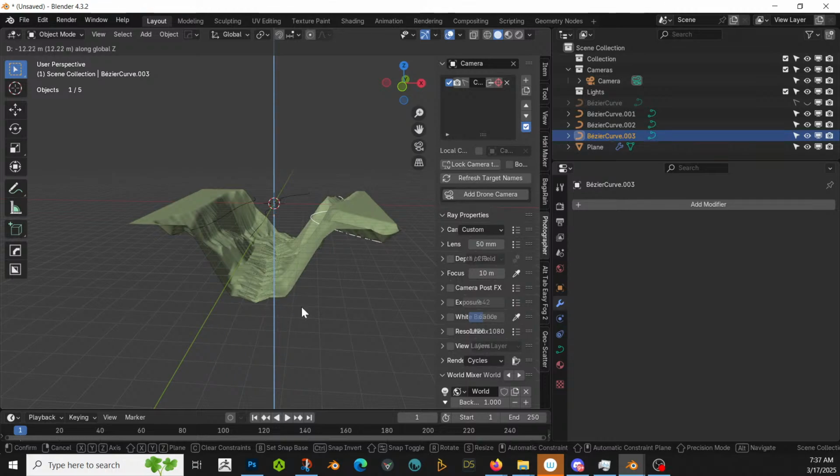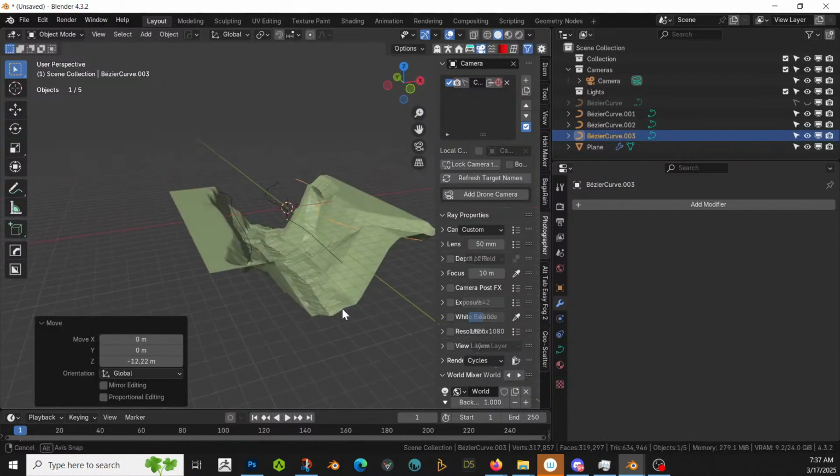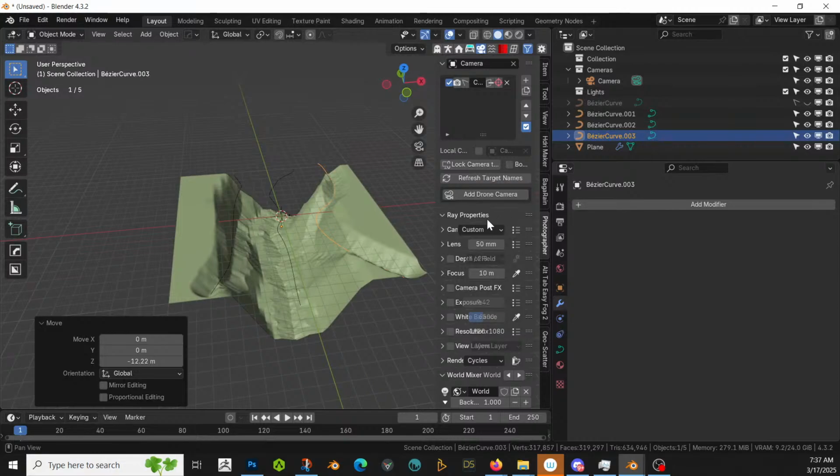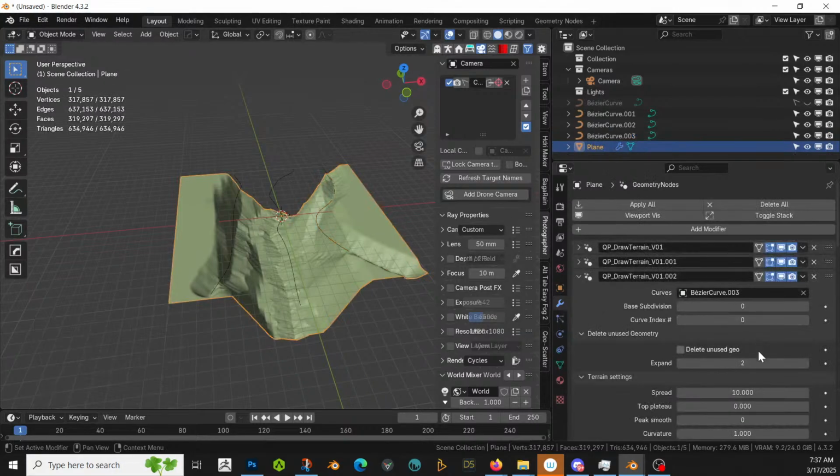It's just a fun way to make terrain. Again, controlled, but not so controlled. That's neat. That's actually looking good. And let's